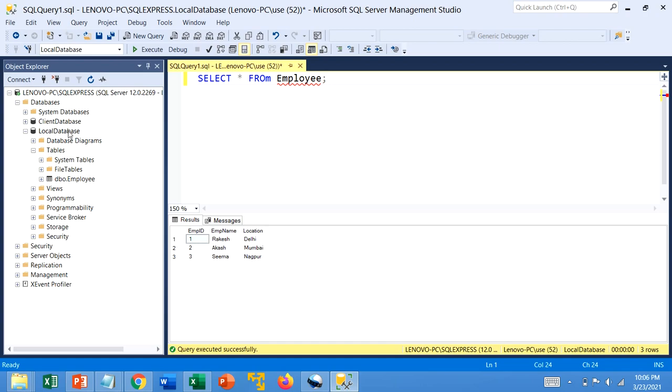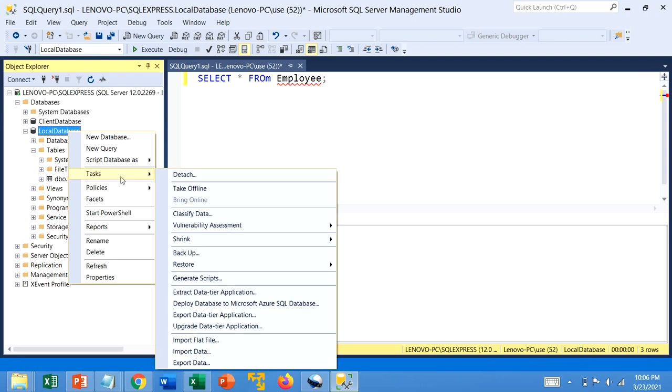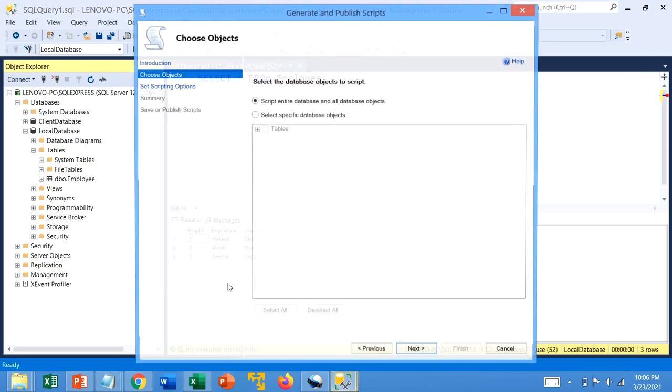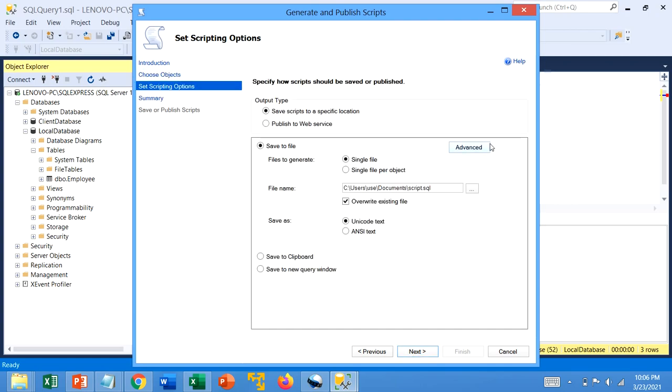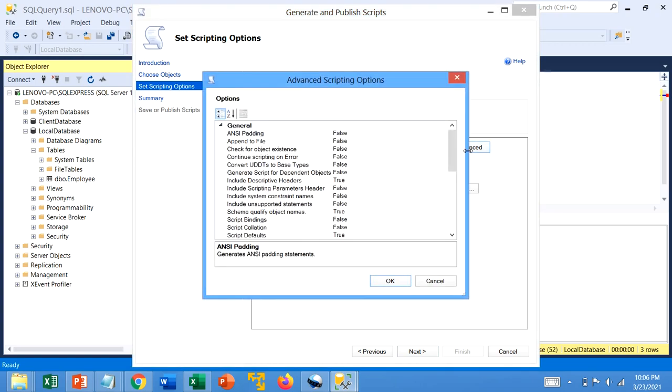Right click on the database, then Tasks, then Generate Scripts. You can also select specific database objects. If you have users and roles, then you can select them from here. Right now we only have tables, so select tables. If you expand, you can see the employee table. Then next, then go to Advanced,